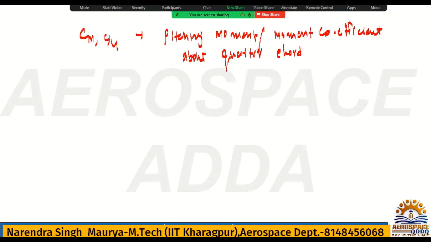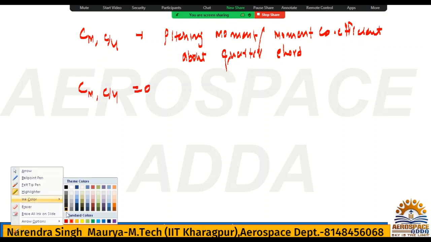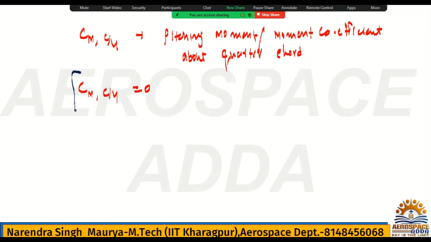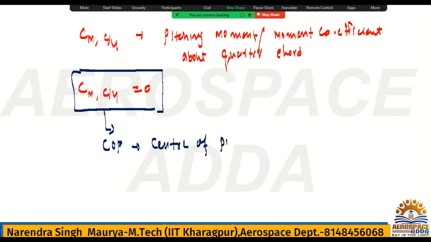Okay, if this value is 0, so there is the meaning why it is 0, and if it is 0, then what will happen? Basically this point will be called the center of pressure. What is it called? Center of pressure. So center of pressure, I must say, it is nothing but COP. Center of pressure. So a point